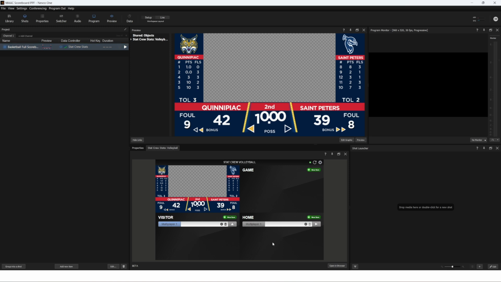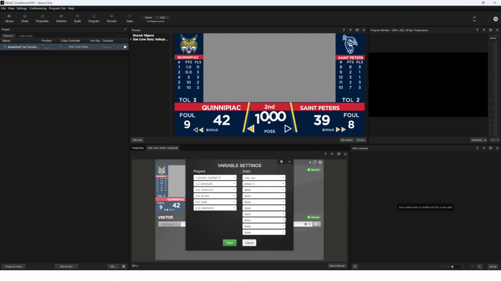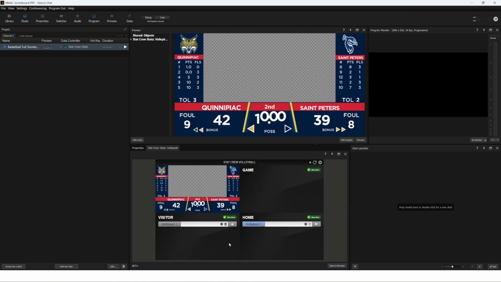So you can see here, I've got Home Multiplayer 1. If I hit this little gear, I've got all of the players that are in my live stats game. And these are being pulled from the XML file. So I can change any of these around to be whoever I want. Let's just not have a repeat there. Great. And so now you see up here in this link data button here, I've got all of these different